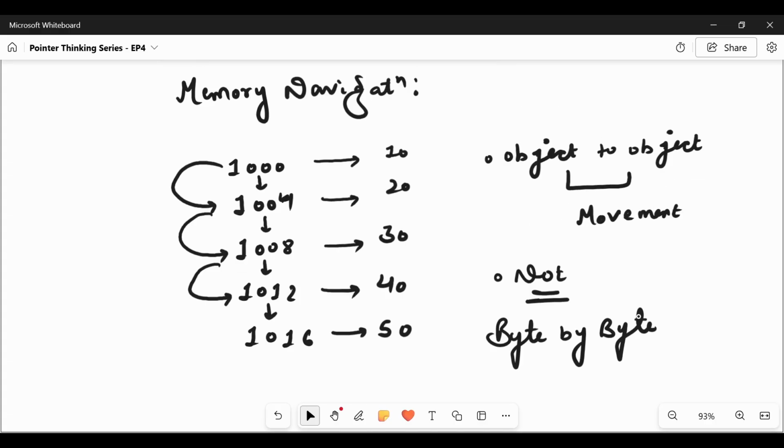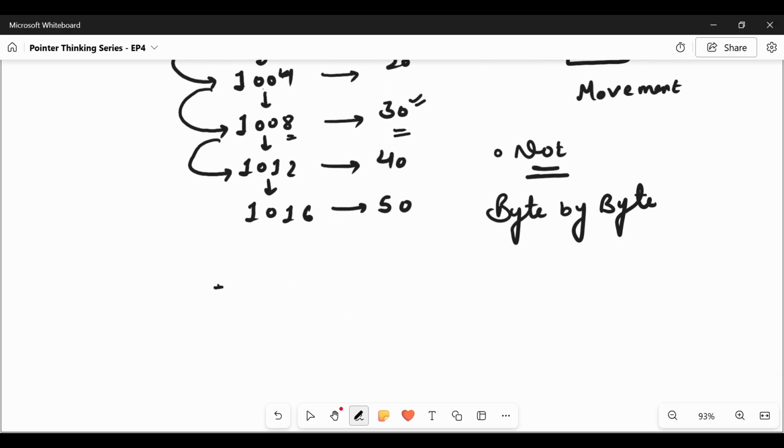Okay, so when we need to get this value, we dereference at this address, which is 1008, the second location. So we will dereference ptr plus 2. Internally by the compiler, scaling will be done, and it will become ptr plus 2 into 4, where 4 is our data type size.